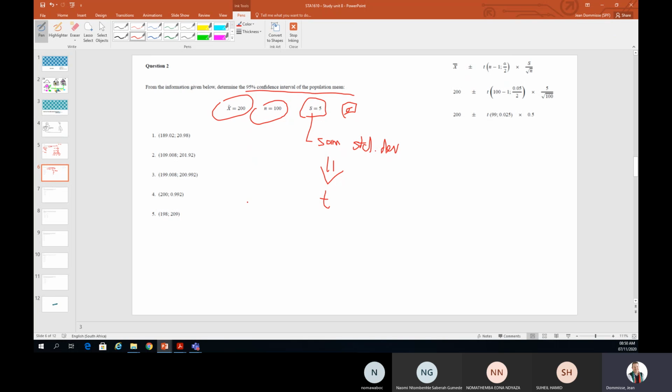So we need to actually get a t-value. Okay, so t-value, how we do that is we get the degrees of freedom,